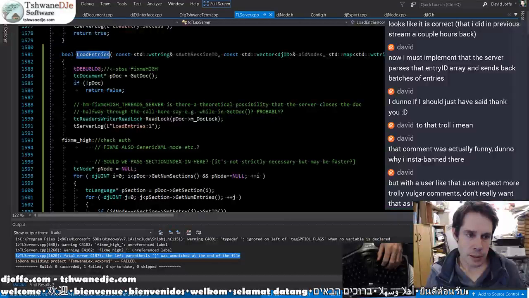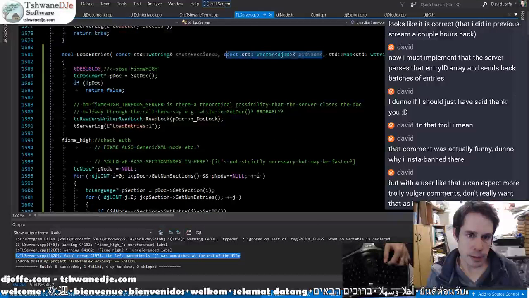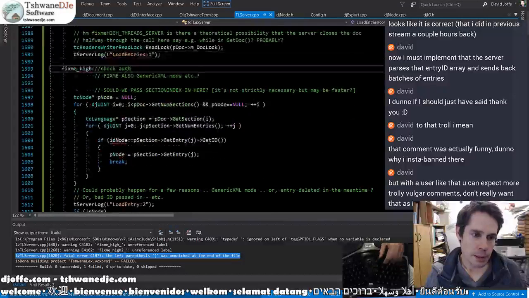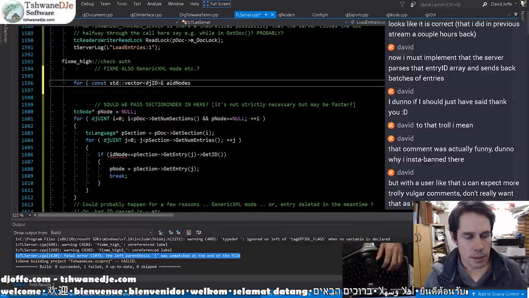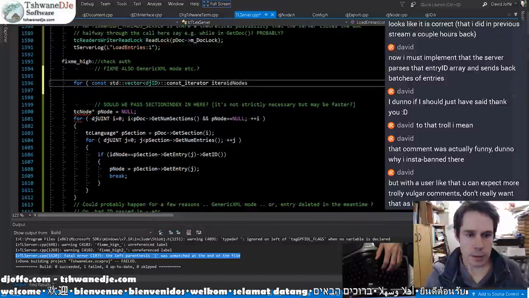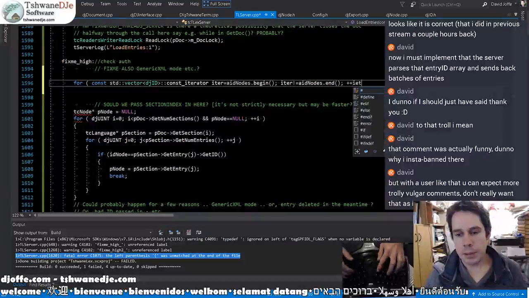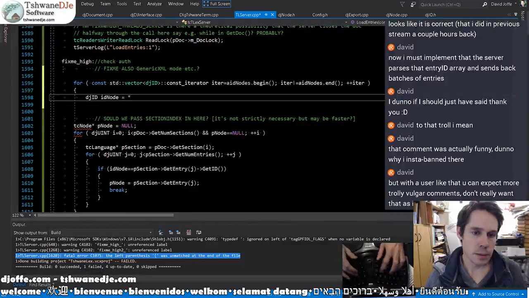The load entries, load entries. So basically, we want to iterate over this lot. Okay. The auth check should be about there, and consider it equals image.begin, plus iter, and the equals